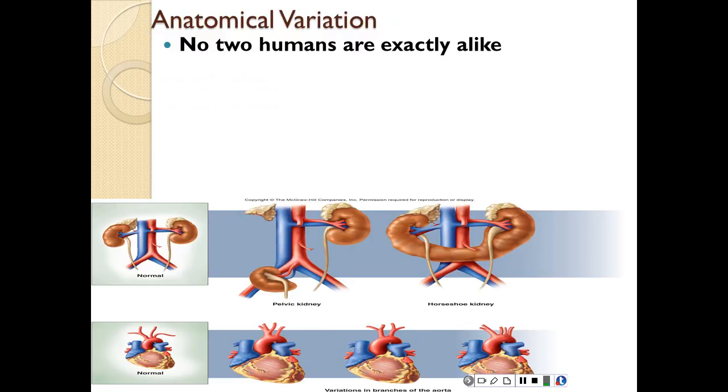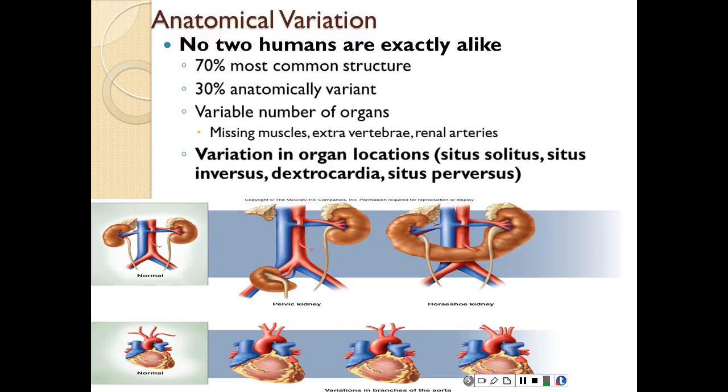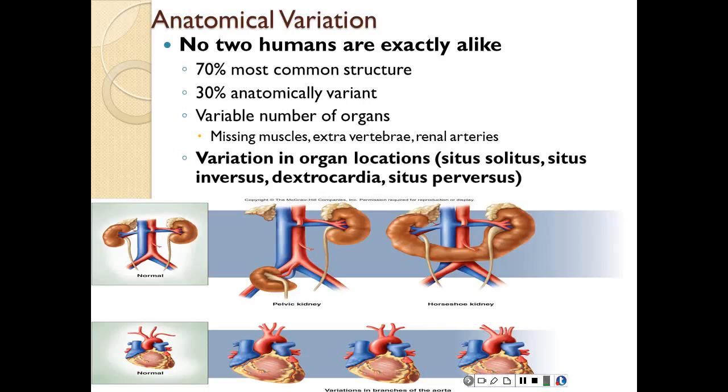Alright, so let's look at how no two humans are exactly alike. We already know that everybody has different fingerprints. Every single person in this world has a different fingerprint. And we're looking at anatomical variations. It's very normal, and reference books and materials usually provide only the most common form, based on 70% of the population. Now some people lack certain organs, such as certain muscles, and some people will have variations in structures,